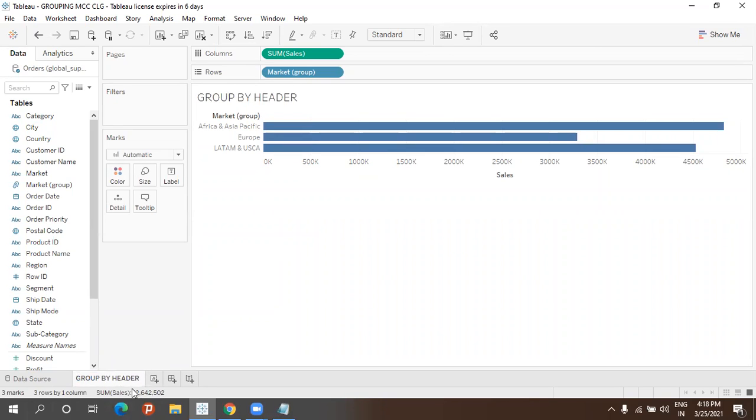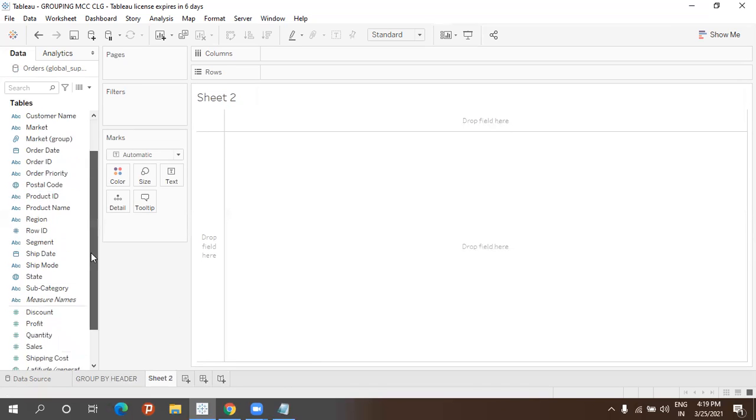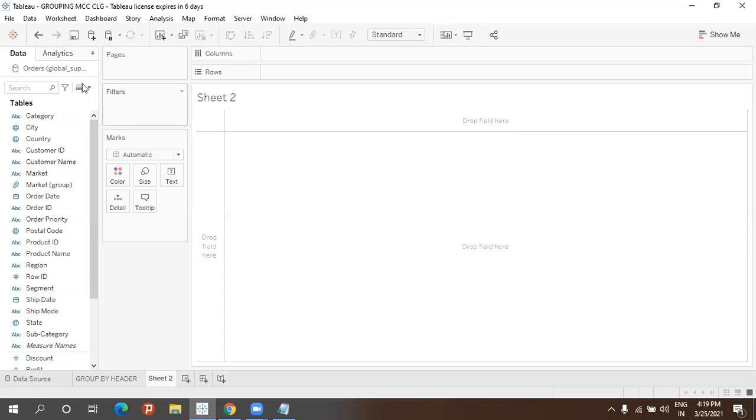Okay. So next, just click on the next sheet. We are going to do the next level of this. We are going to try to group based on the data window, which is nothing but this data pane, this left side. This is called the data window, where until now we have tried to group using the worksheet view on the top in the toolbars. Now we are going to group with the help of this data pane on the left side. So when we can group that.